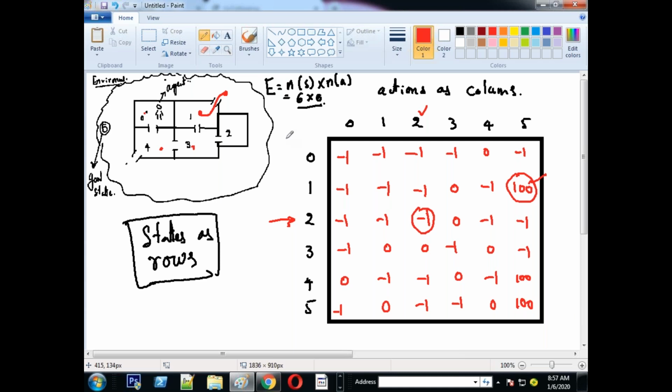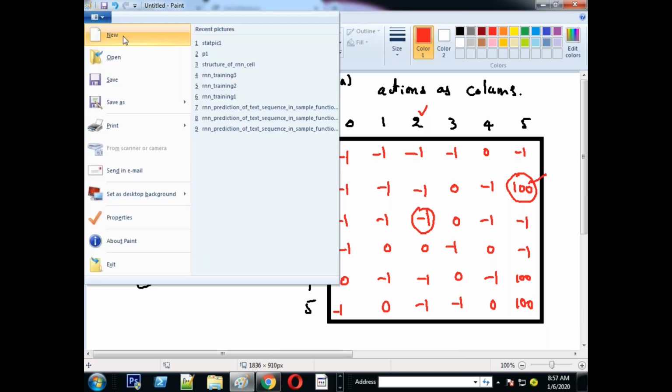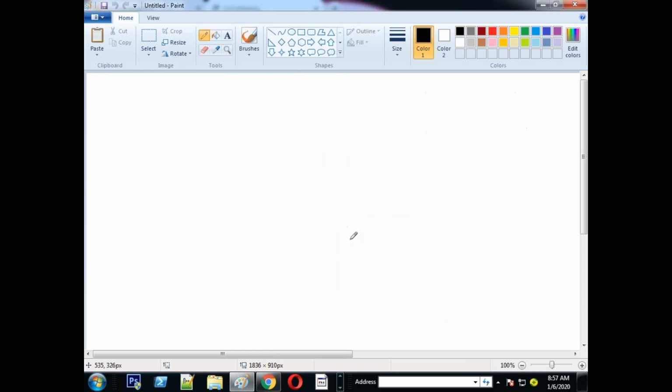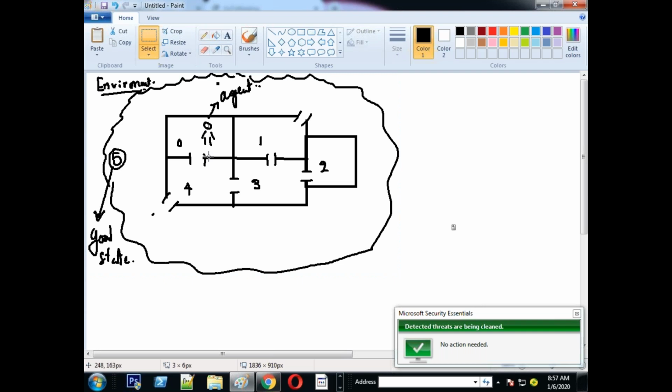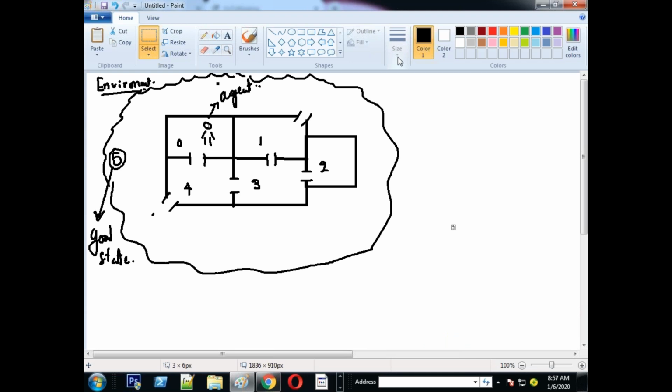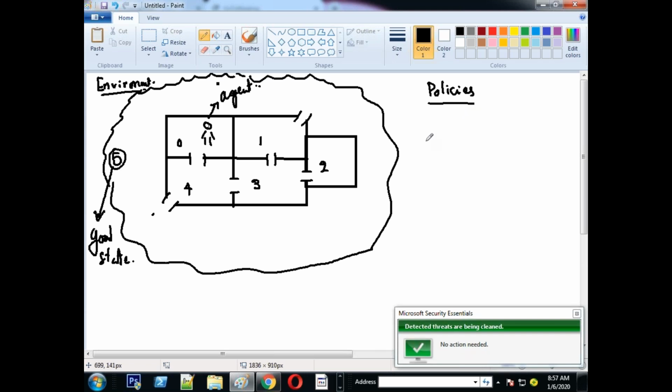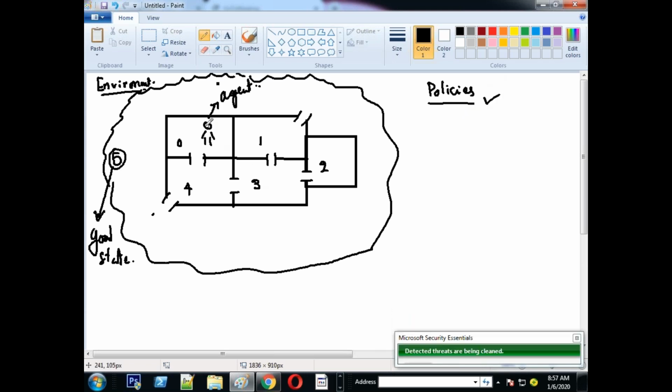Go to next. Once again, observe this. Initially, your agent does not have any knowledge. So finally, after completion of the training, what is your agent going to learn? There are different policies. Among all the policies to achieve the goal state, the best policy it will select. It will learn. Understand the point?